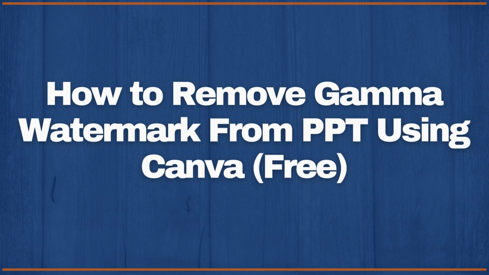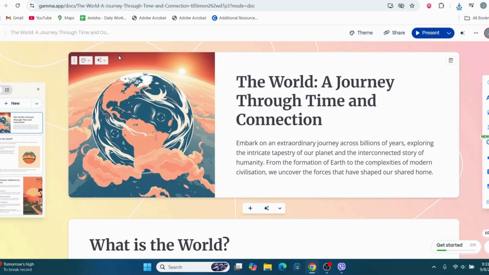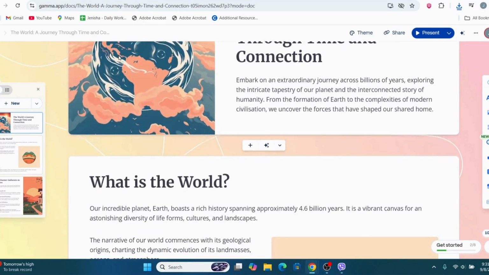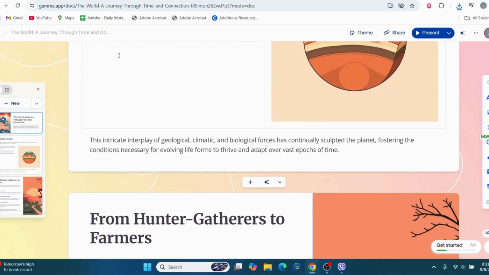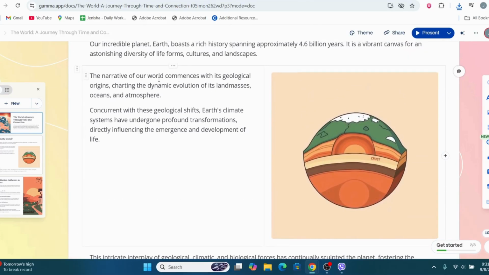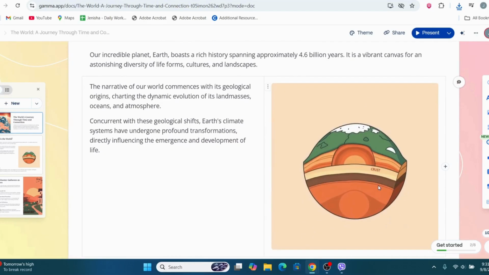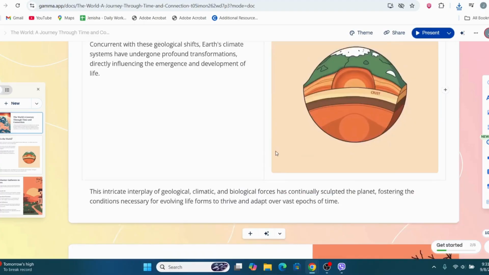In this video, we will show you how to remove the Gamma AI watermark for free using Canva. So as you can see, I have this Gamma PowerPoint presentation available here. And usually you will be finding a Gamma watermark on your screen, on your right hand side or in the bottom of your screen. So in order to remove it, you can just go ahead and download this presentation right here first